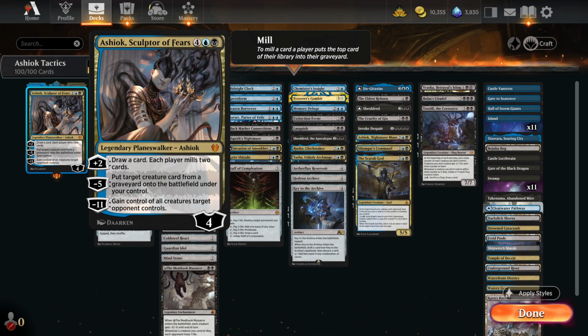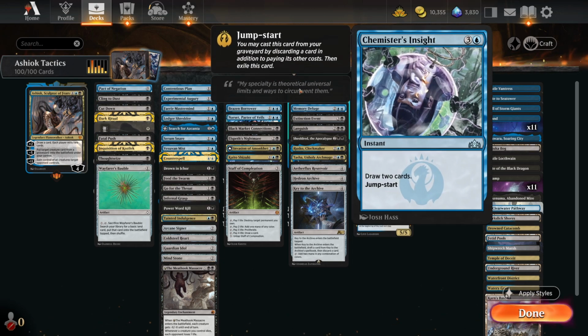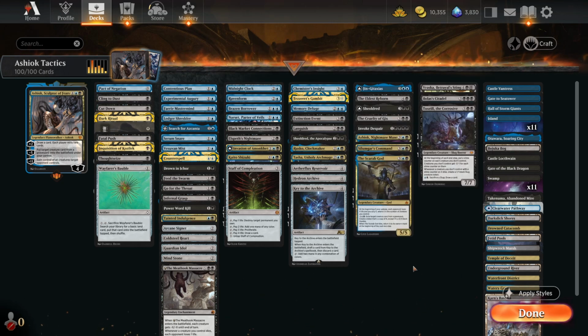So you could go for a mill strategy with this, but I didn't go down that route, though you could definitely do that. I did go for a self-mill slight synergy here. To synergize with that plus ability, we've got Chemist's Insight, which can be cast from the graveyard, and Memory Deluge, which can also be cast from the graveyard as well. And there's a few cards dotted here and there which actually benefit from having stuff in the graveyard as well,